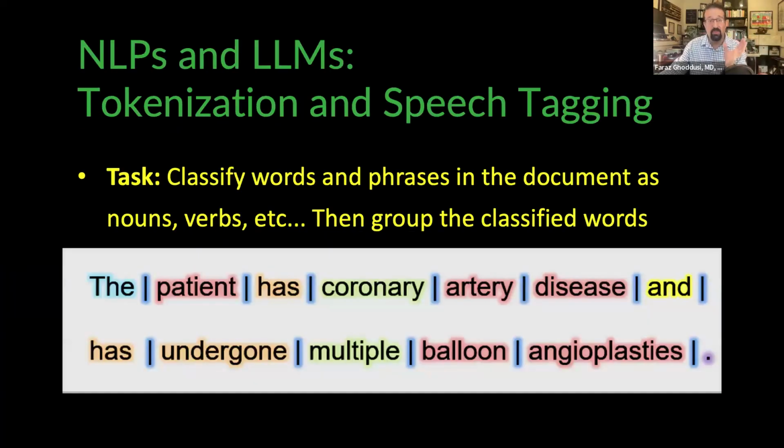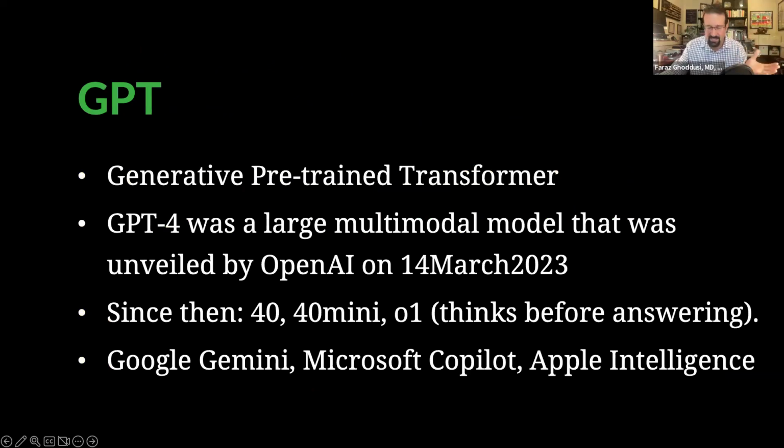When we're talking about natural language processing, this ends up being how we program computers to process and analyze large amounts of natural data. Our goal is to basically have it understand the contents of documents and things like that and be able to contextualize it. So it's able to group words, group phrases. So it takes things like coronary artery disease and bundles it together, knowing that this is one group versus coronary, artery, disease separately. And that ends up being important in terms of looking at the next steps, because this is what led to GPT, which is something that most people now are quite familiar with. It stands for Generative Pre-trained Transformer.